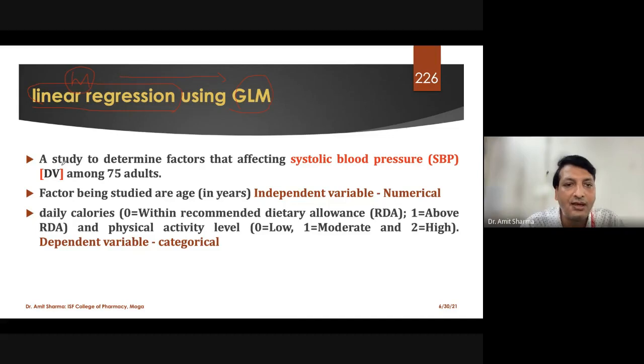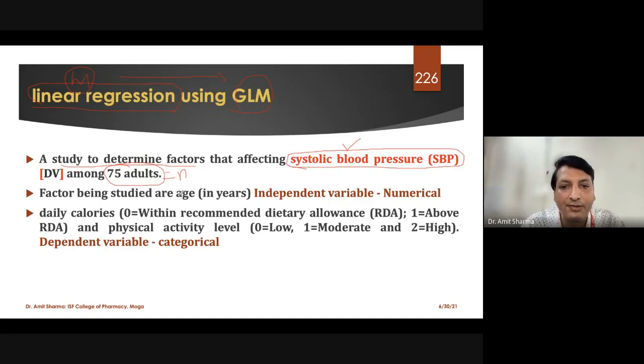So you can see a study to determine factors affecting systolic blood pressure. That means we want to find out what are those factors which are affecting the systolic blood pressure of the patient, by taking data of 75 adults. So N for the study becomes 75.